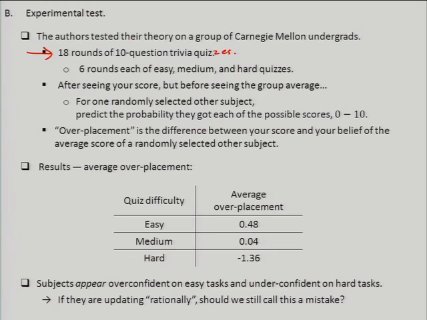And after every single quiz, when you'd seen your score but had not seen the average score for the rest of the group, you would be asked, so they asked them a bunch of things, but one of the things they asked them was, for one randomly selected other subject in this group, they're all sitting in a room at computer terminals, like a typical experimental lab if you've been in one. So they're not talking to each other, they don't know each other, but they're all in a room together and they can see each other. And they know that they're basically just undergrads who've been pulled off the street and given $15 to take a